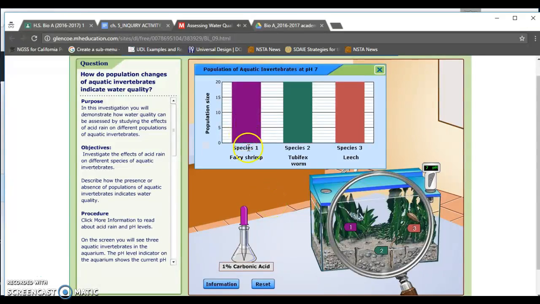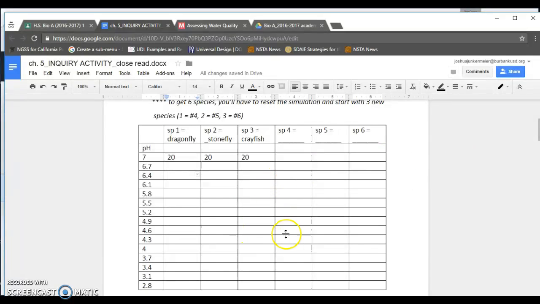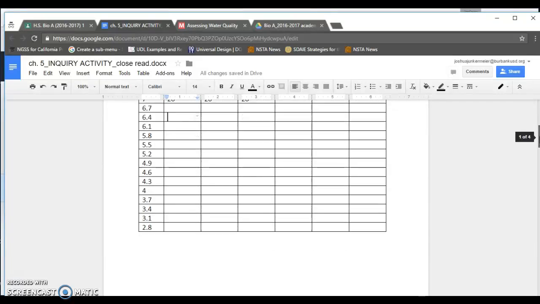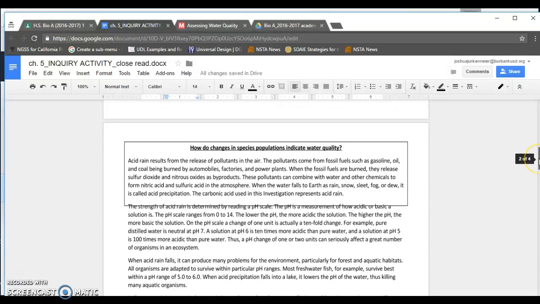There you go. So I hit it a few times, and now you have fairy shrimp, tubifex worm, and leech. Ooh la la. All right, there you go. You basically continue this process until you get the data table filled out. So when this whole thing is filled out, just take a little bit of time, you'll get there. And the next thing is